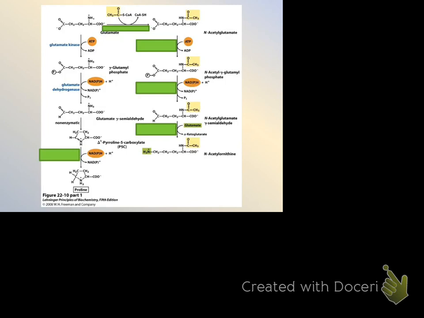Now the very last step requires NADH or NADPH. So what class or classes of enzymes could this be? Dehydrogenase? Okay. So what would you call this one? Right. This one actually is a reductase, but if you called it the dehydrogenase, I'd give it to you because, once again, people know exactly what you were talking about. It's just a historical name for the reductase. So if you were to say the P5C reductase, absolutely. So that's how we make proline.